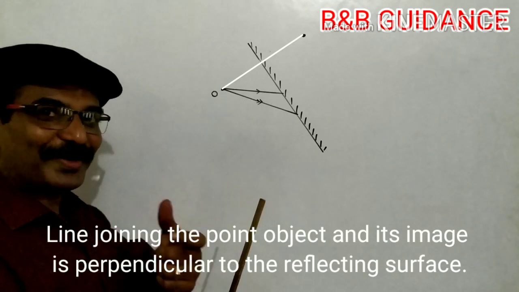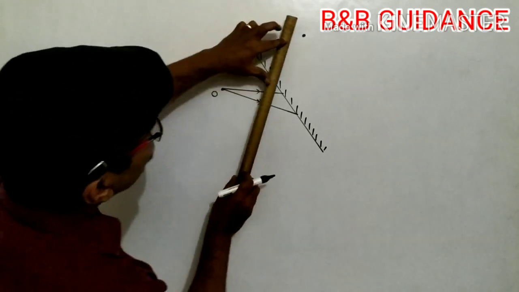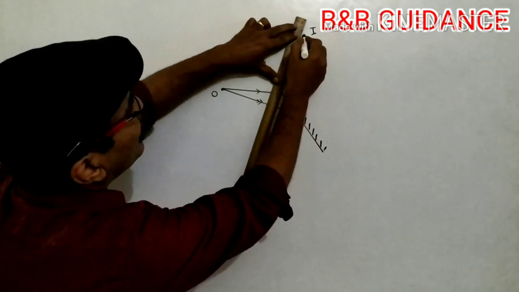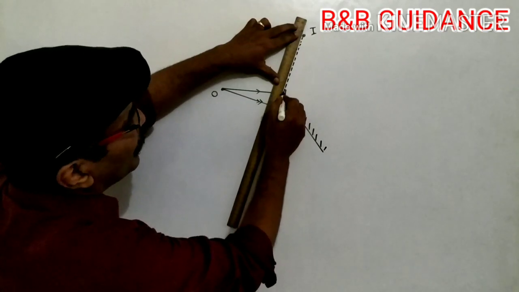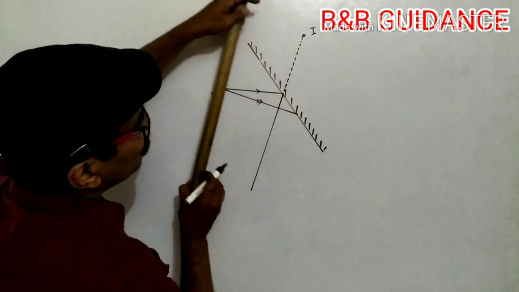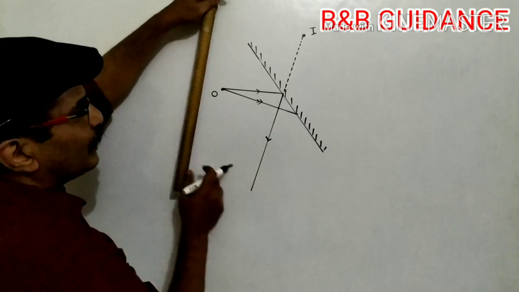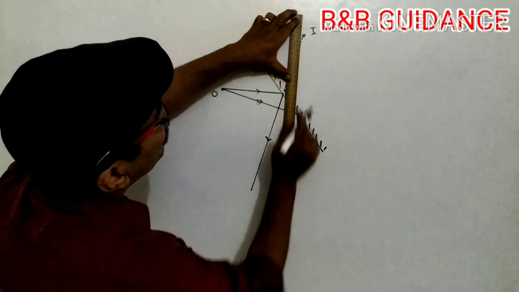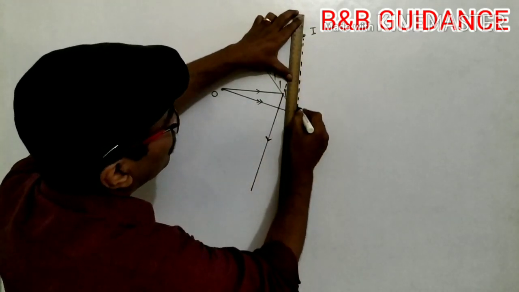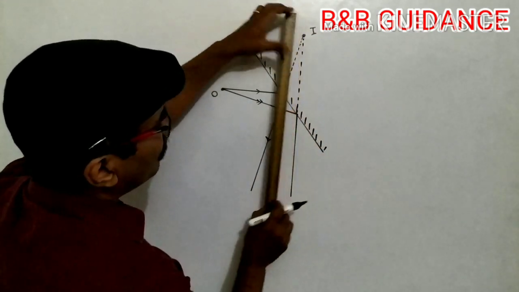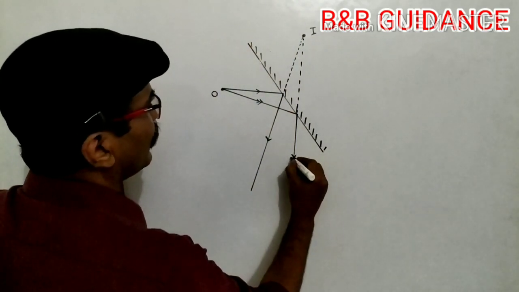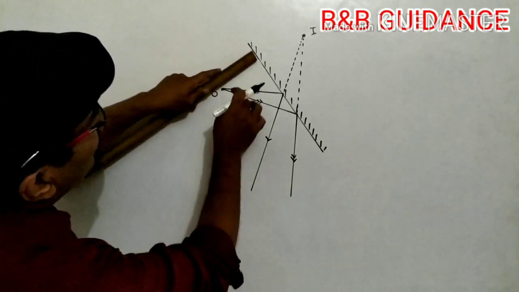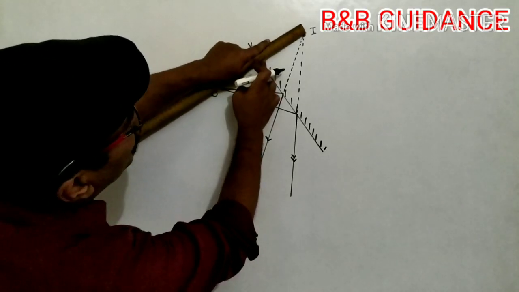For that you can use a paper, okay, as I had done earlier. And from this will be the image, and behind the mirror again I will say the same thing. What is that? Broken line. Then extend this. So this is the first reflected ray. For the second incident ray, again from here, see, till here, broken line. After that a continuous line. Okay. So the image is formed there. So this object distance is equal to the image distance.